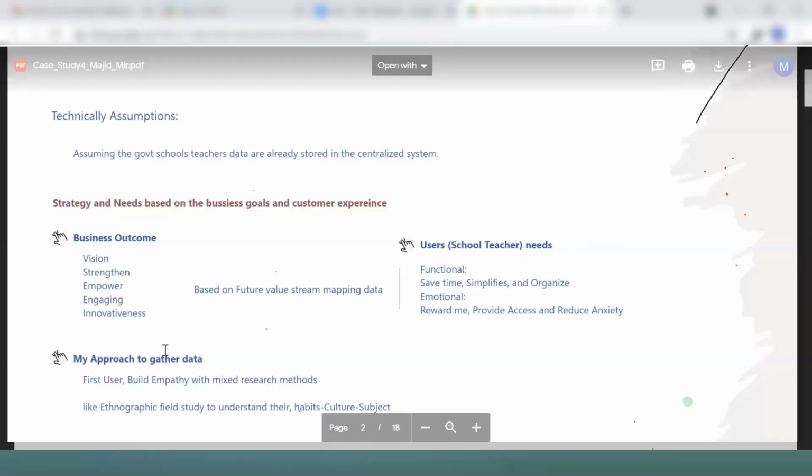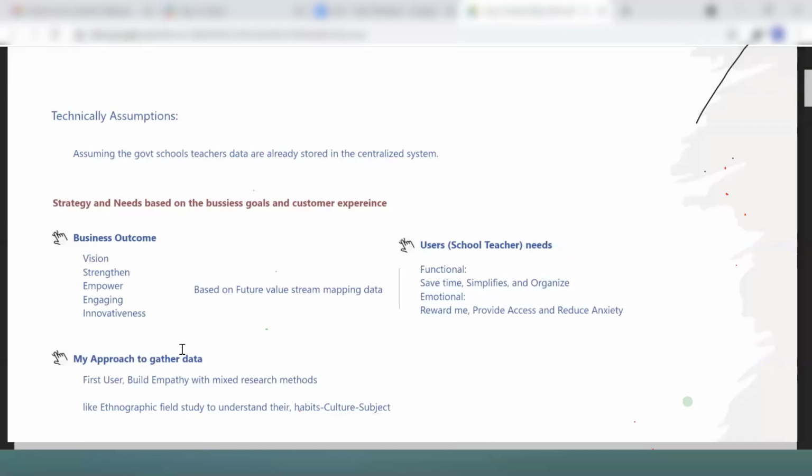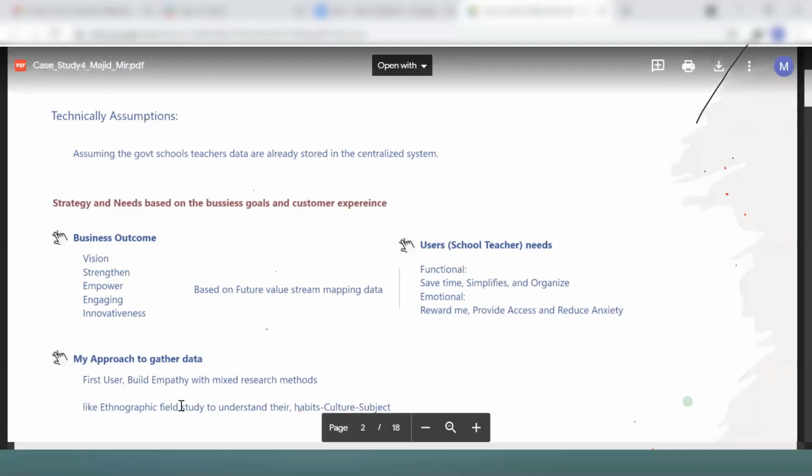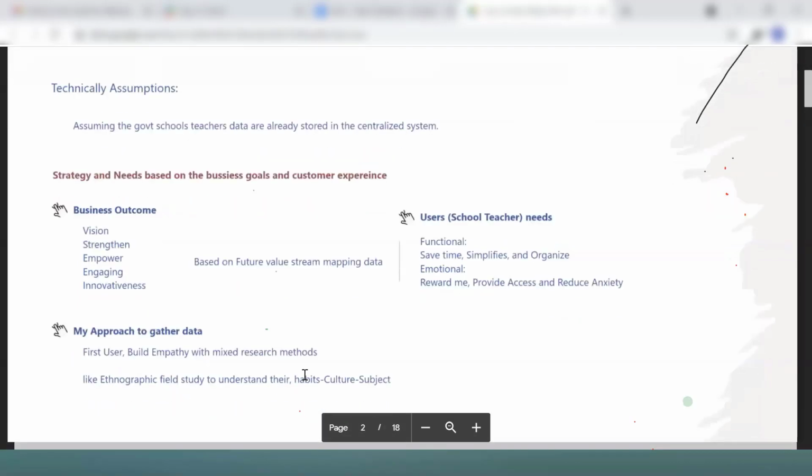Always remember, if you are making a career in design as a UX or UI designer, whatever design I do, my users should come first. I should give my first priority to the users, and then you build up empathy. I'll show you how you can build up empathy here.